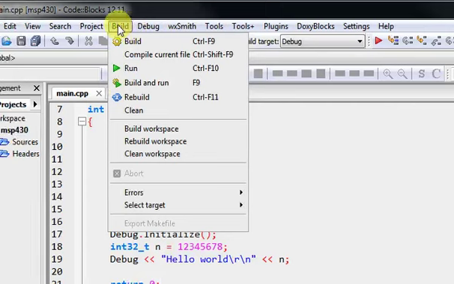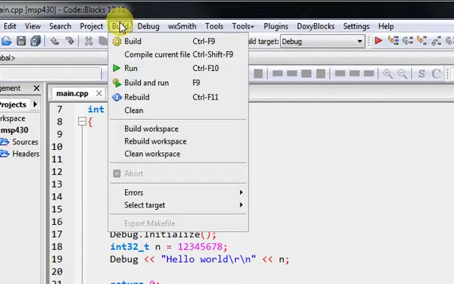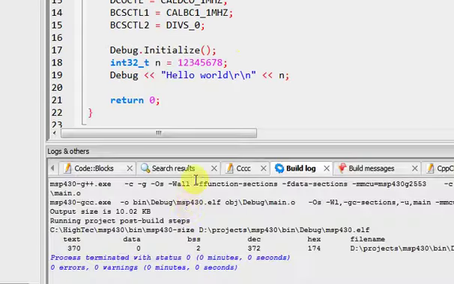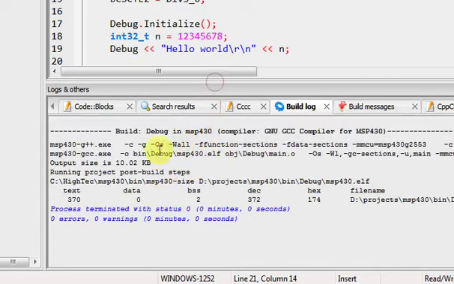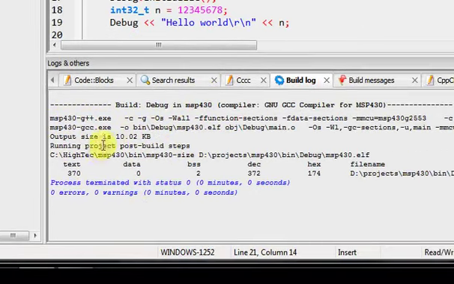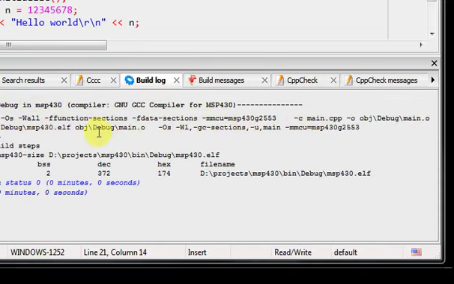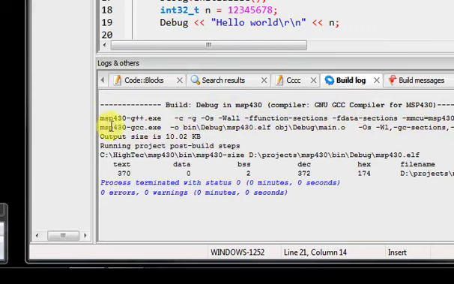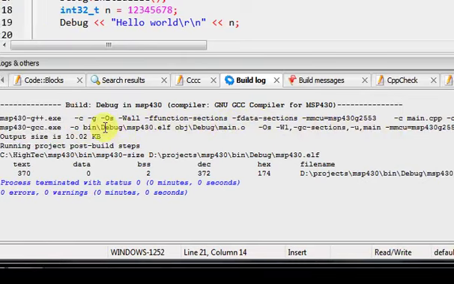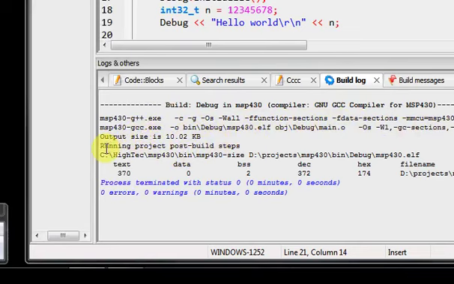Let me go ahead and let's see where I want to be. I want to clean my project here. Now I want to build my project, and I need to raise this up a little bit. As we can see, as in a previous video, the output here is pretty much the same. We're running our source through G++, compiling down to an object file, taking that object file, running it through GCC as the linker, and then spitting the output out into an ELF file. Then we're lastly taking that ELF file and running it through MSP size as a